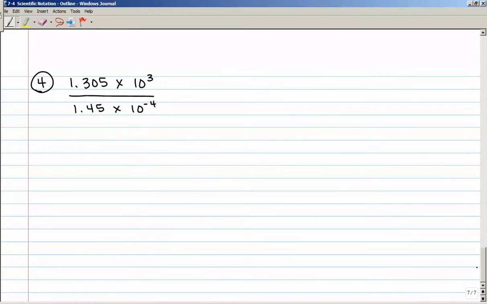And our last example here, 1.305 times 10 to the 3rd divided by 1.45 times 10 to the negative 4th. Do the division of the decimals in your calculator, and that gives me 0.9 times 10, and now subtract your exponents. 10 to the 3 minus a negative 4 is 10 to the positive 7. Now, that's not in scientific notation because I need a non-zero digit to the left of the decimal point. So I need to move my decimal point one place to the right,